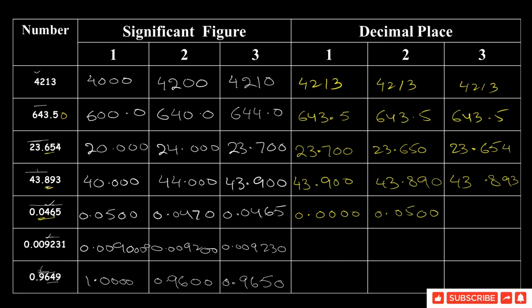Now here you have 0, 4, 6. After this 6 you have 5. Again you will add 1 to 6 and it becomes 0.047 and this becomes 0, right? Next, you have 1 decimal place. Again this is 0, it becomes